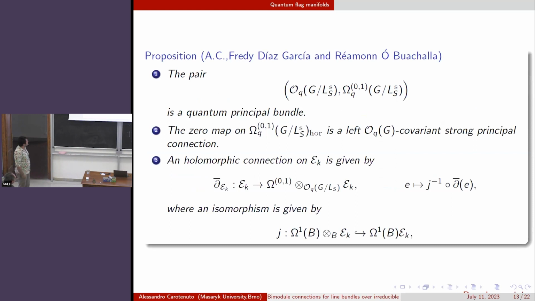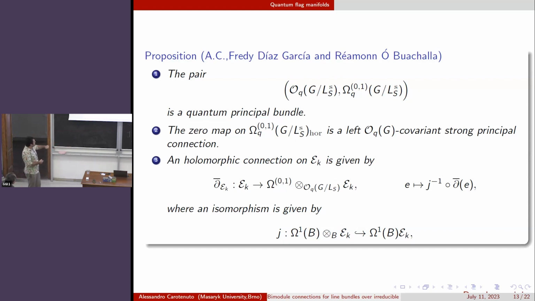So what we found is, first of all, that we actually have a quantum principal bundle, as you would expect. We have a first order differential calculus on the quantum Poisson homogeneous space that restricts to the Heckenberger and Kolb calculus. And with this choice, we have a quantum principal bundle. Not only that, but we also have a covariant strong principal connection that is just given by the zero map on the horizontal forms here. And we can use this data to construct, on each,